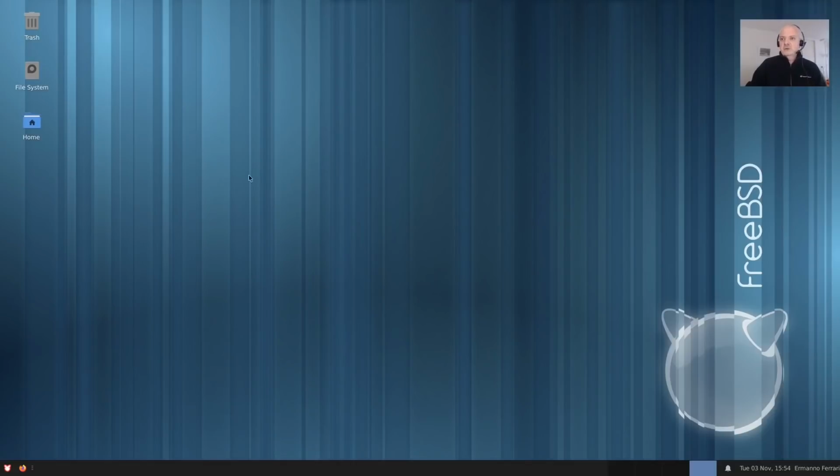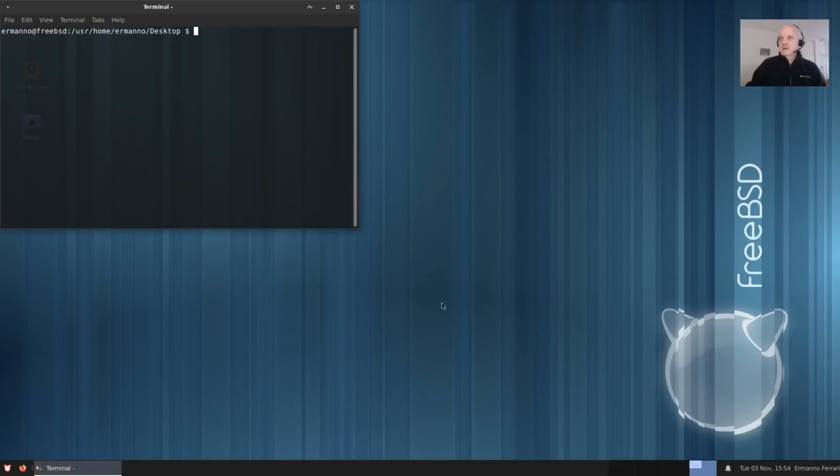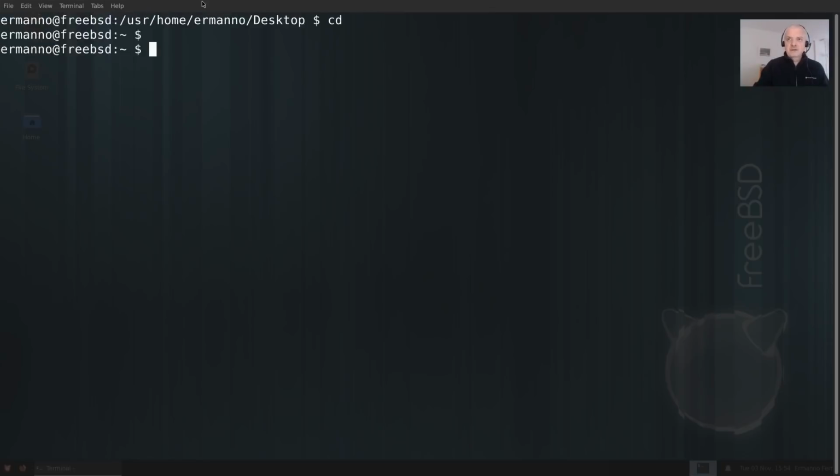Let me show you here, for example, if I open up a terminal. This is, by the way, XFCE, which I installed from scratch in FreeBSD. I customized it a little bit. You know me, I'm not someone who customizes the desktop that much anyway, but I just gave it a little bit of polish here and there, and to me this is enough. Let me clean up the terminal here, and let me go full screen so that you can see better if I increase the font size. And let me type in here